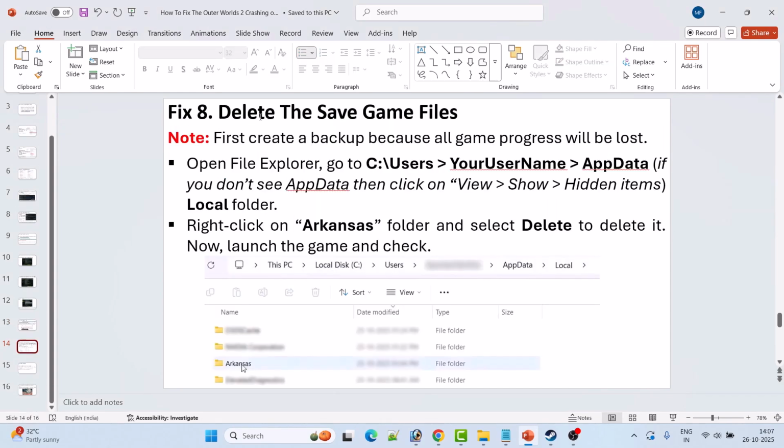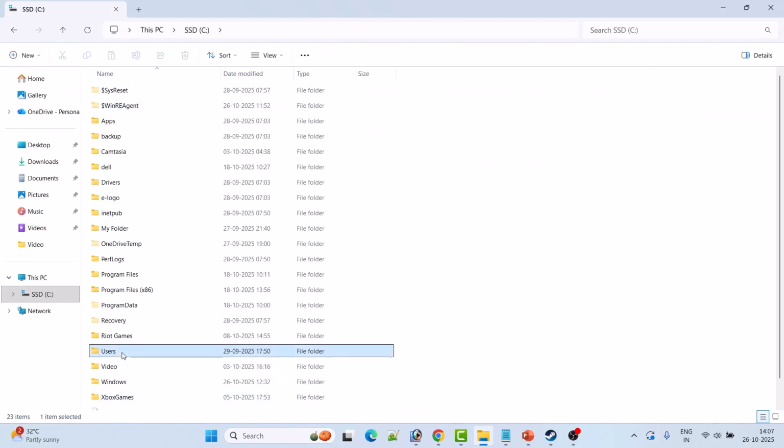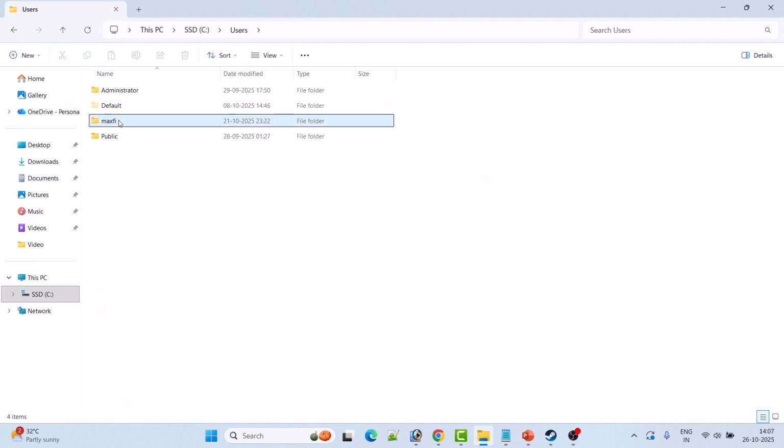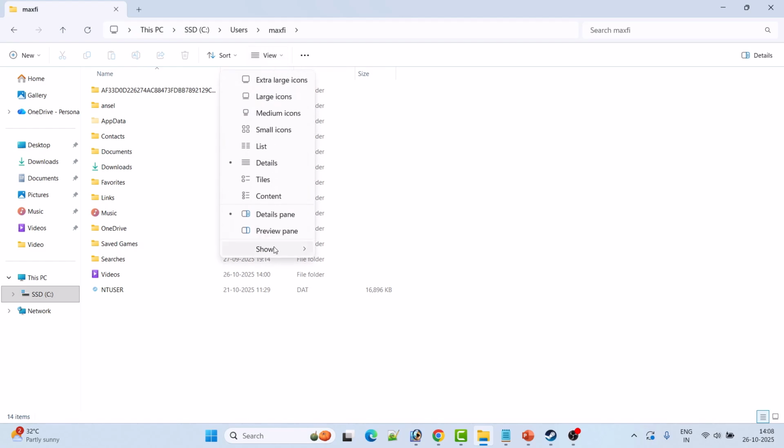Next solution is to delete these save game files. But please take a note, you must create a backup of this folder because all game progress and the saved settings will be lost. So to do this, open File Explorer, go to C drive, open Users folder, open your username folder, open AppData folder. Now if you don't see this AppData folder over here, then click on this view and then show and